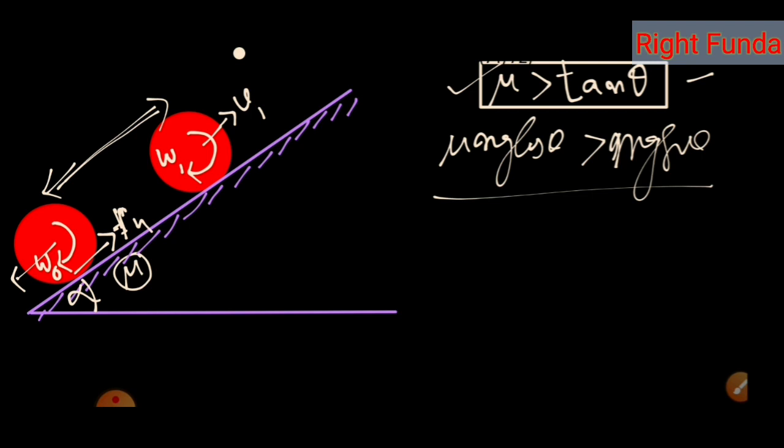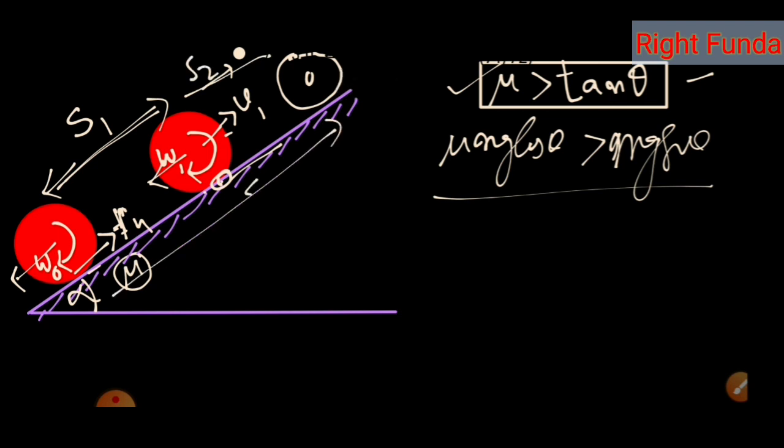So the first question is asking how much distance it will go, suppose we name it S1, before it starts pure rolling, that is, before sliding stops. But after that, will the body stop? No, the body will not stop here. The body will keep on moving up with pure rolling motion. Till then kinetic friction acts, after that static friction will act. The bottommost contact point velocity will always be 0, but it will go up, while mg sin theta is acting downward. So after some time the velocity will come to 0. So it will move another distance S2. This is the maximum distance traveled: S is equal to S1 plus S2.